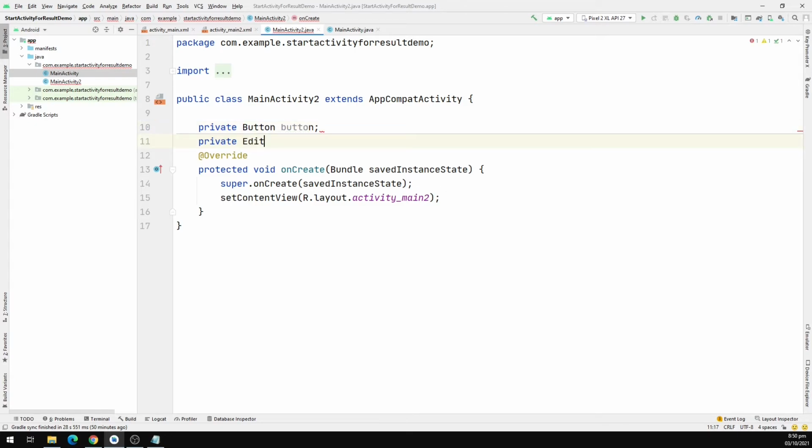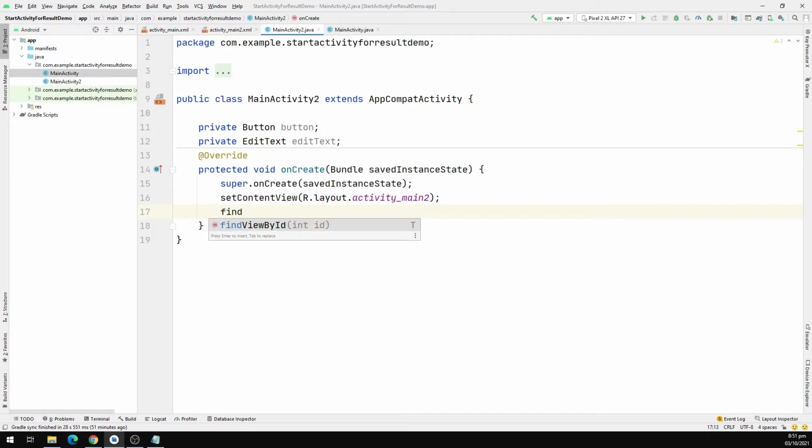Private EditText. So we're going to import the EditText class. We'll do the same as we did in MainActivity. Find views by ID. We're going to create this function,